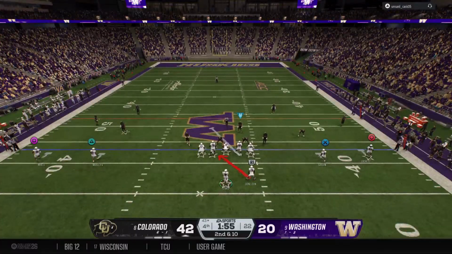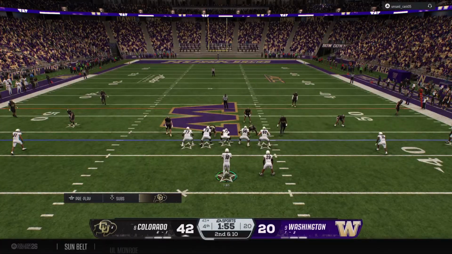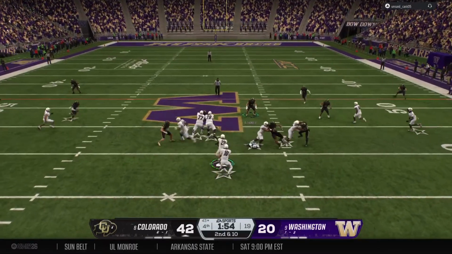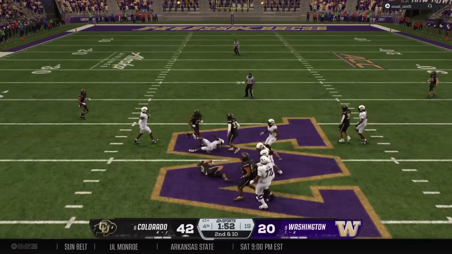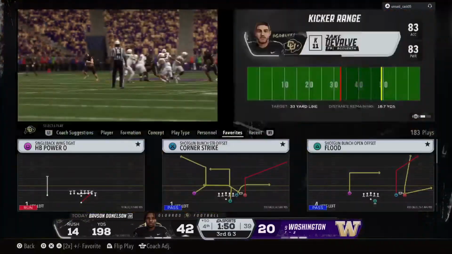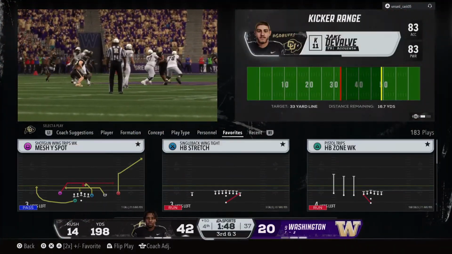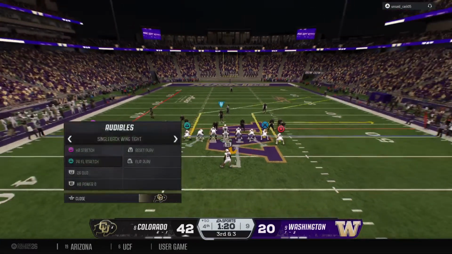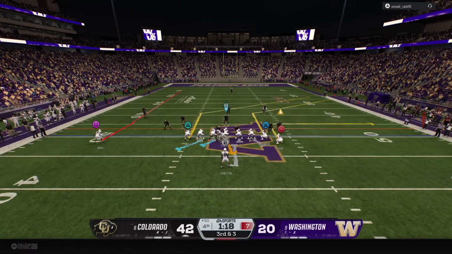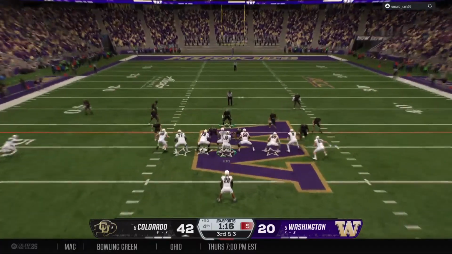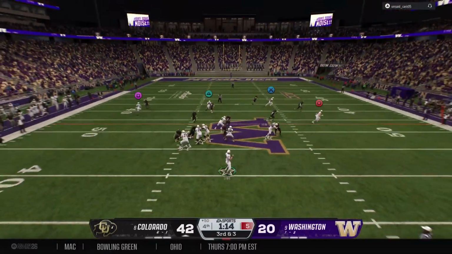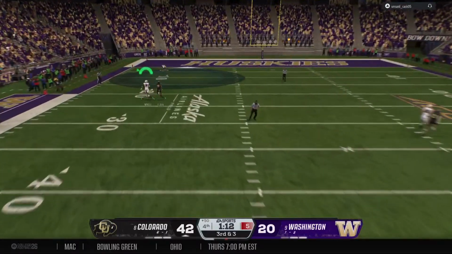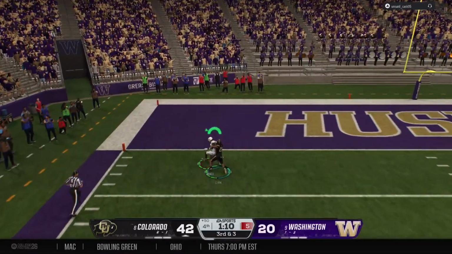Distance between them and the sticks here on second down. They'll run it, trying to drain time off the clock. This is an area of the game. On offense, you've got to be able to run the football well. You've got the lead in the fourth quarter, and obviously you're in your own end here, but you want to bleed the clock. You want to stay on the field and keep getting first downs, so you have to be able. He'll loft one deep down the left side.